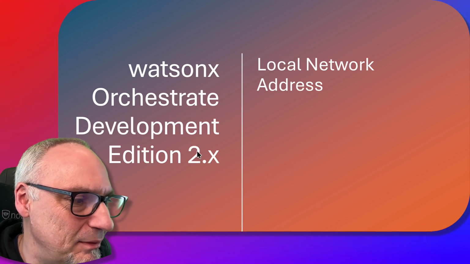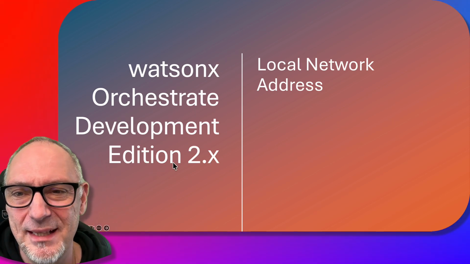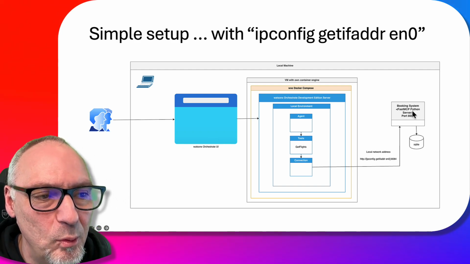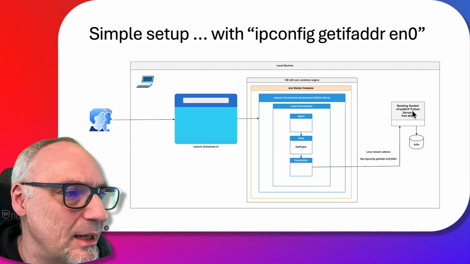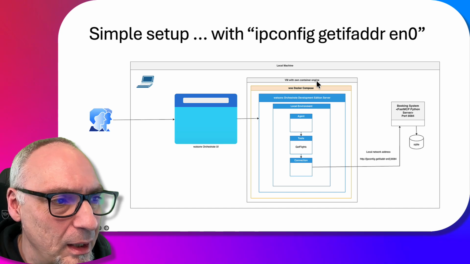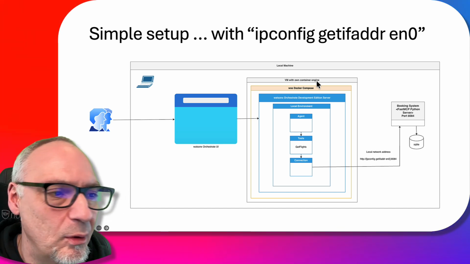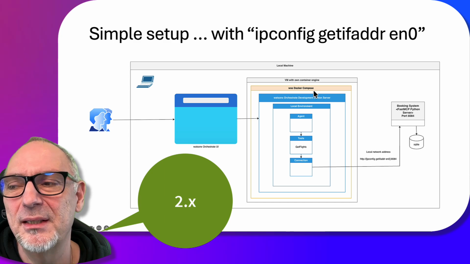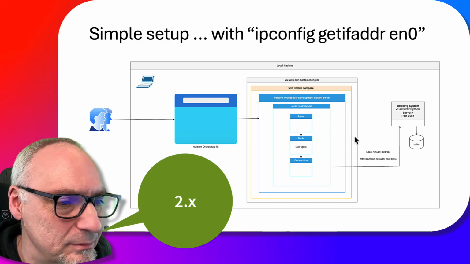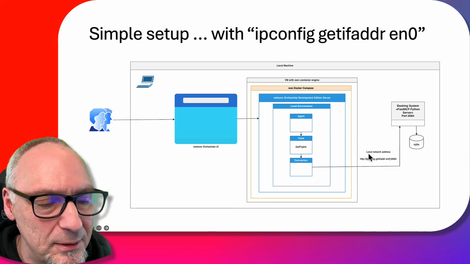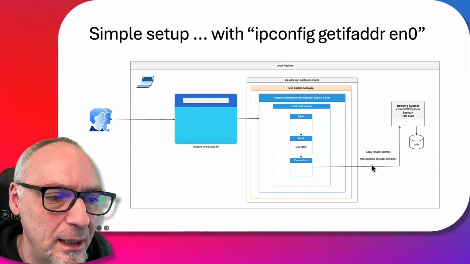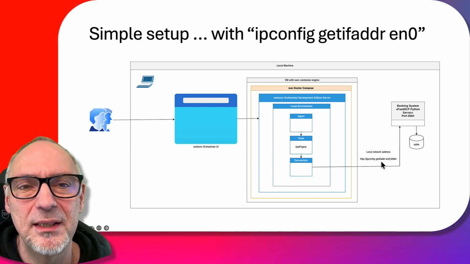Today I want to share with you an observation about the local network address related to the watsonx Orchestrate Development Edition, which makes life very, very easy. That means if you're going to set up your new watsonx Orchestrate with a 2.x edition, and you want to directly connect to your MCP server, which is running locally, you can access it easily